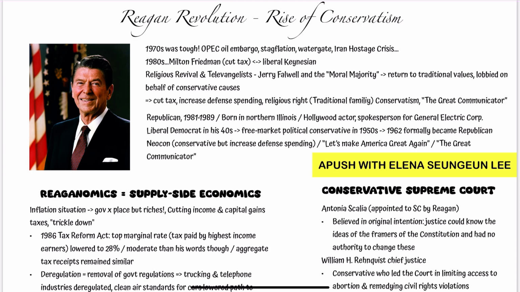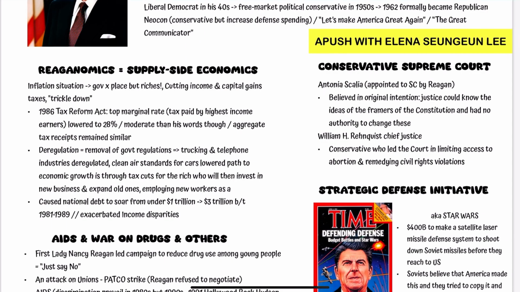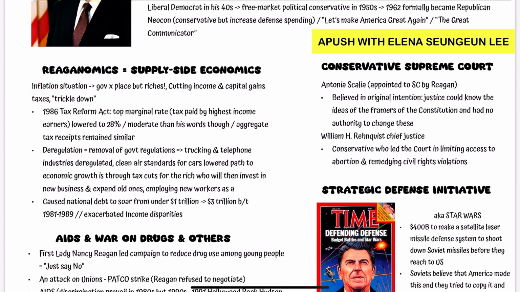Okay, so let's look at Reagan's economic policy, or economic philosophy. At this time, there was inflation, right? So what he said was that there's no place for government, but there are places for rich people and for corporations, because if the government cuts income taxes and capital gains taxes, then the richer people and the corporations would be able to accumulate wealth and spend more money, and therefore the wealth will trickle down to the ladder of the